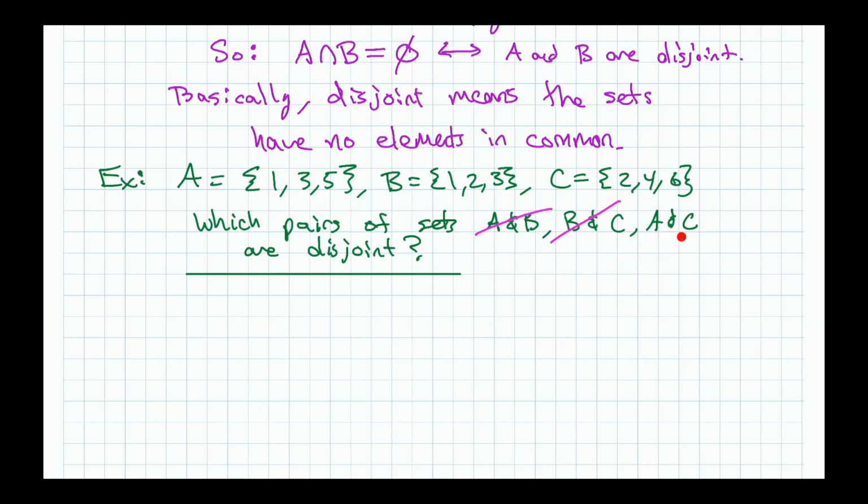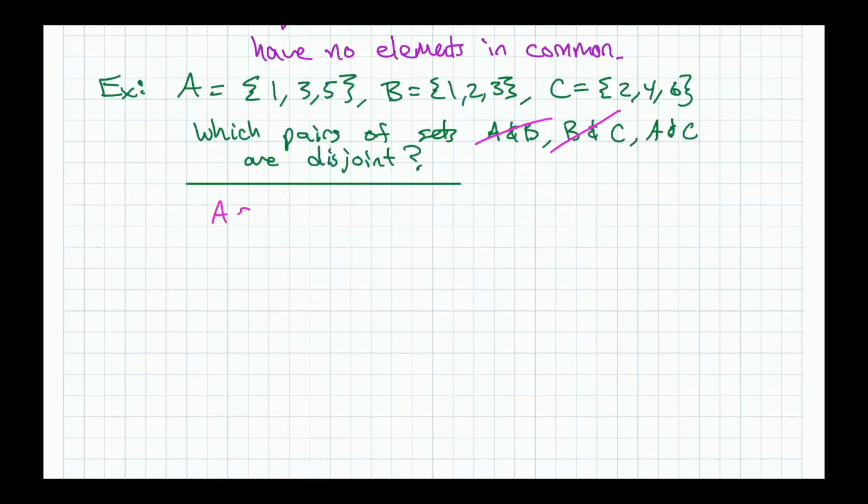Let's look at A and C. A has a 1, C has no 1. A has a 3, C has no 3. A has a 5, C has no 5. Right? So nothing in A is in C. Nothing in C is in A. So those are disjoint. So we can say A and C are disjoint